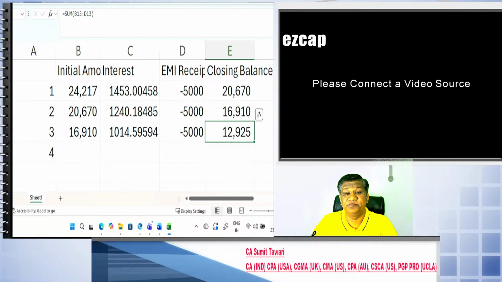It is simple in an operating lease: whatever may be the rent received, it is rental income for the lessor, and as he is not de-recognizing the asset, he needs to recognize depreciation expense. So that is basically the operating lease in the books of the lessor. Now we need to see the lessee accounting. So in operating lease,